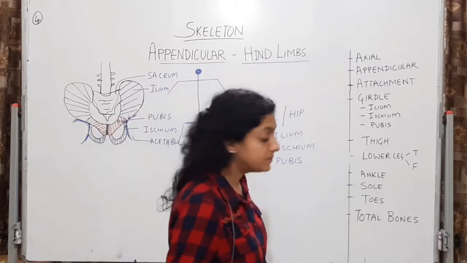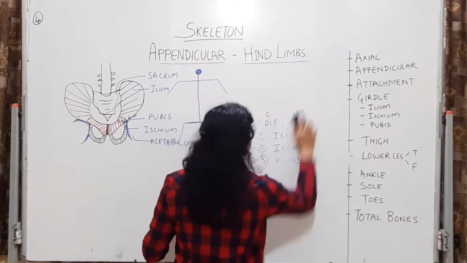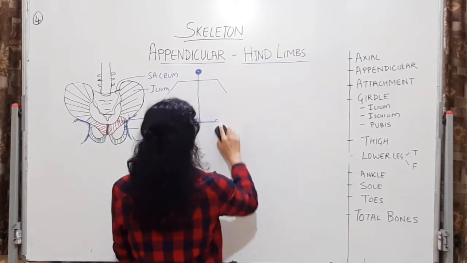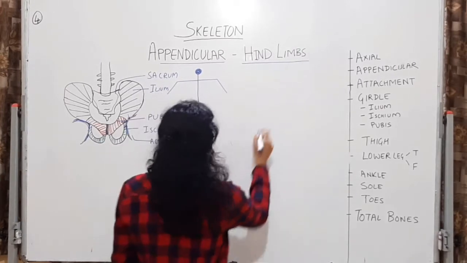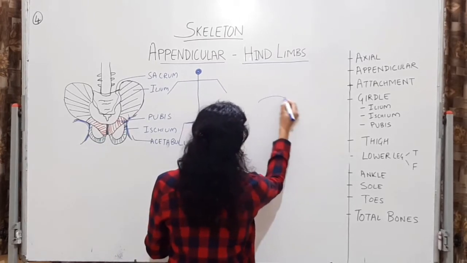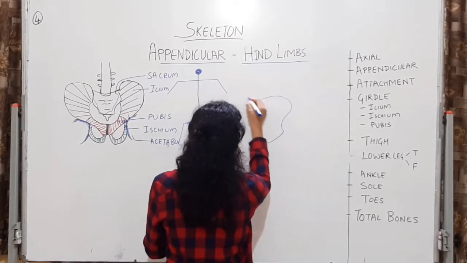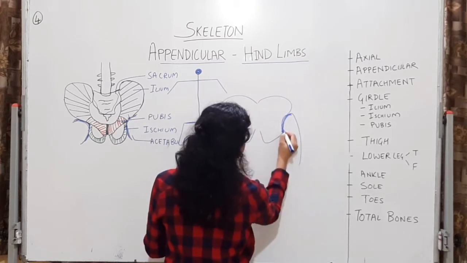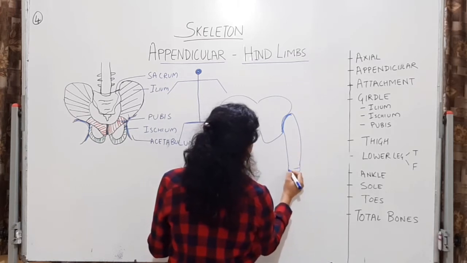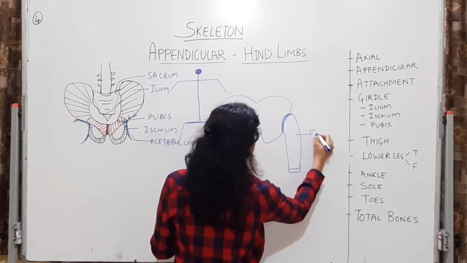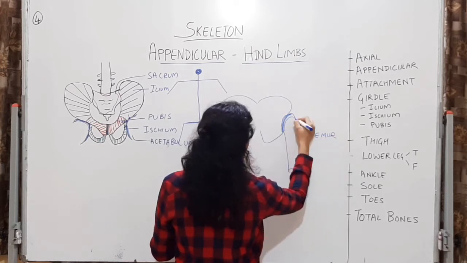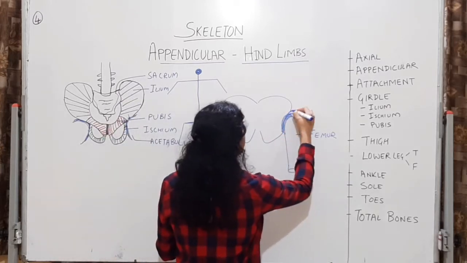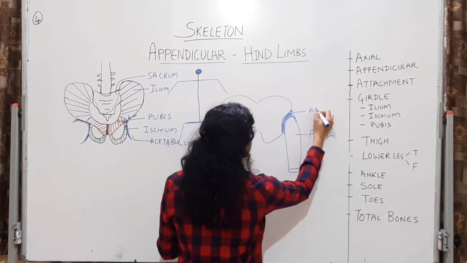So let me show you. If I have to roughly draw, हमारी rough drawings which are for understanding, okay. If I have to roughly draw, so if this is an acetabulum cavity, okay, this is the acetabulum cavity. To this, the head of femur is going to attach. This is the femur. फीमर में रहेगा बॉल, हेड रहेगा जिसको बॉल बोलेंगे, एसिटाबुलम कैविटी को सॉकेट बोलेंगे. So this is the acetabulum.